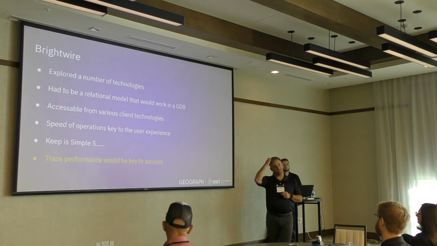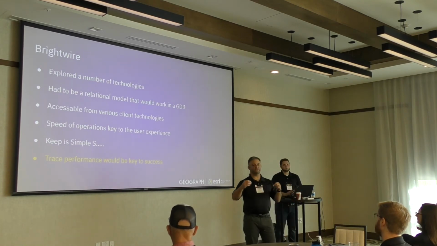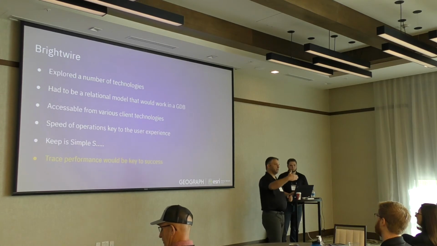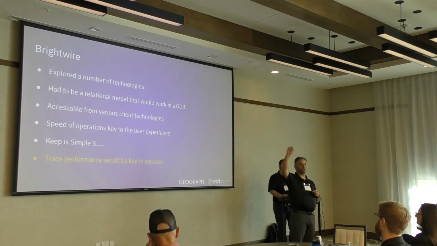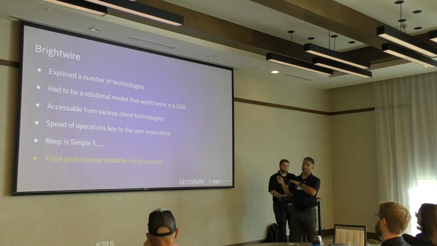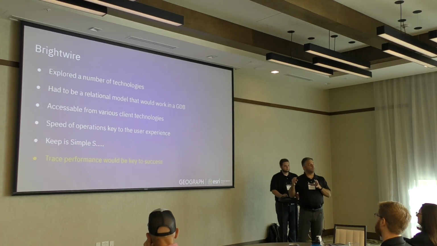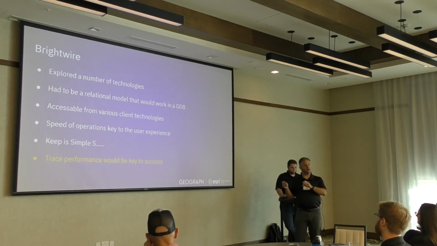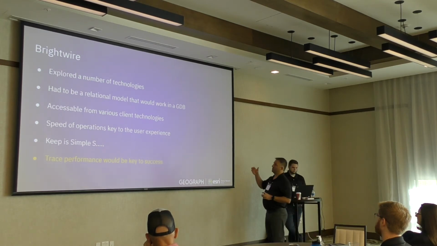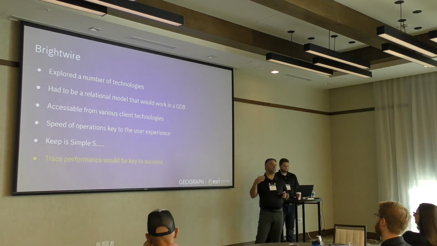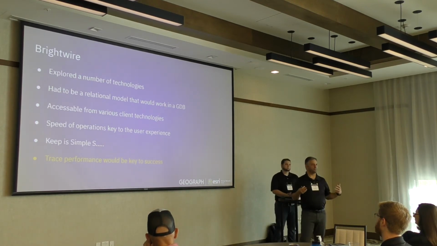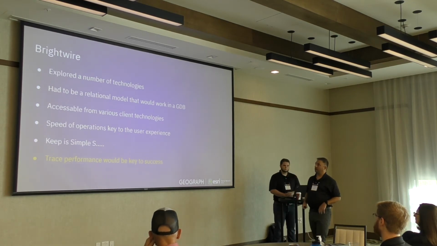If you want to perform a trace, you don't have to build the trace for each application. You build an application interface and you ask it to do the trace. So the server, the back end, is doing this, which fits nicely with having various technologies, because on the back end you only have to build it once. You build a data model and the API, and then you can let any type of client interact with it as long as it's relatively standard. So we settled on a REST API endpoint technology, which is the most common out there right now, and that's what we're using with the Brightwire data.